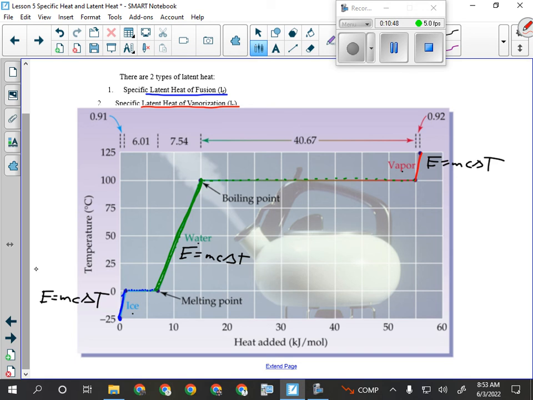Evaporating, like a lot more. The evaporation phase of water's heating curve is by far the most energy intensive part of the curve. Changing water from a liquid to a gas requires a ton of energy. In fact, it requires 2,260 joules for every gram of water, for every milliliter of water to evaporate. Is that a lot of energy?